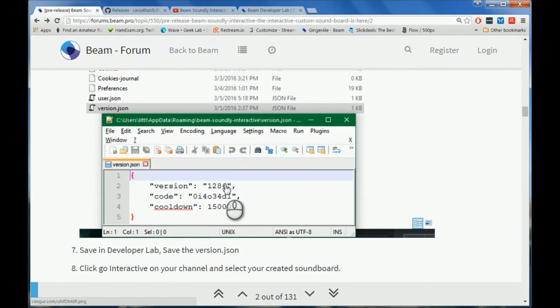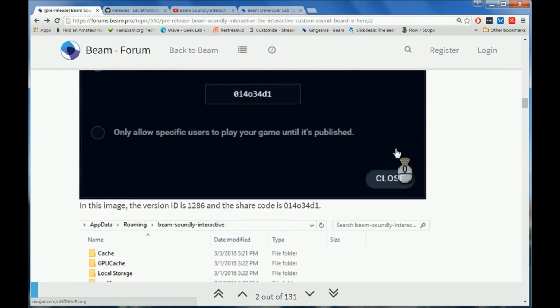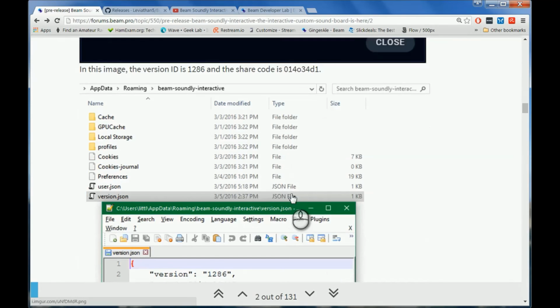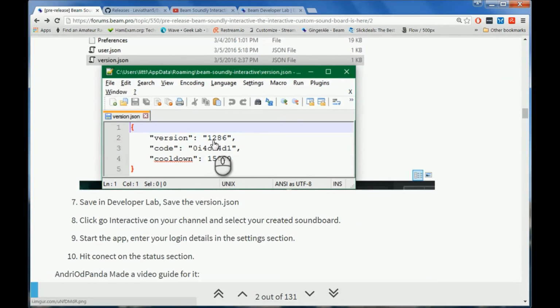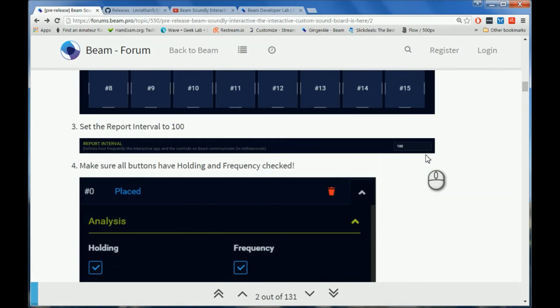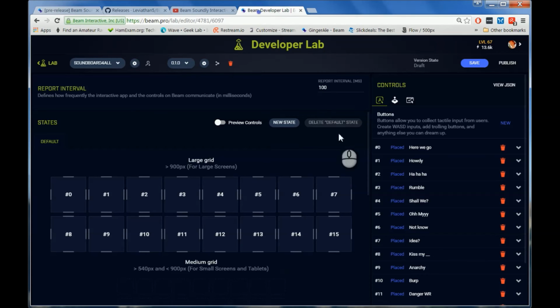You're going to go in there and again, you're going to take this number and this code, and you're going to make sure that the version number is here and the code is here. Then just make sure you click File and then Save there. Okay. Once you've done that, then we're almost done here. Once you've done that, you want to come back here